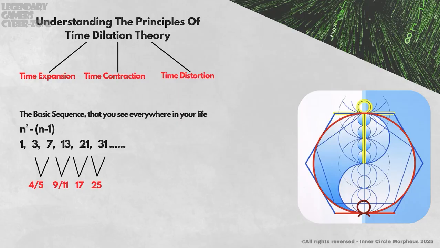markets are actually controlled by people, although the universe and the vibration have a significant effect on the markets. I want to draw your attention to something, Neo. 4, 5, and 9, 11 and 17, 25 are the numbers for the special case, where these sequences are hastened and delayed. This phenomenon occurs when the time is contracted or distorted. But this sequence perfectly works as the time expands in our lives.